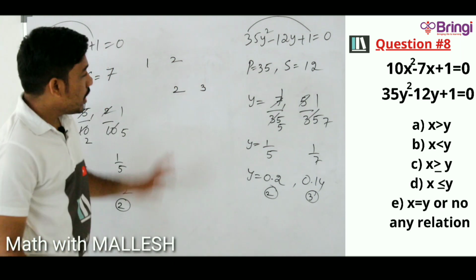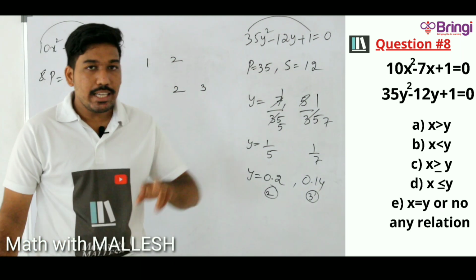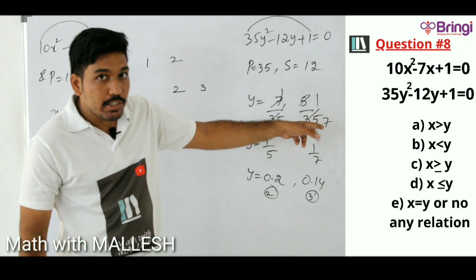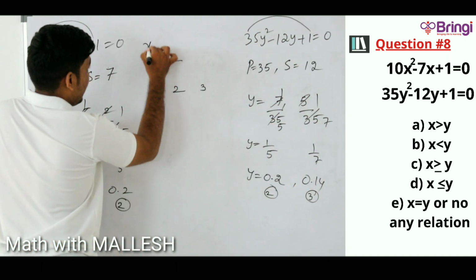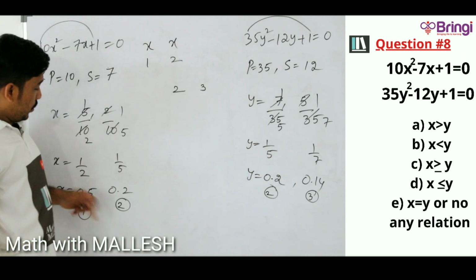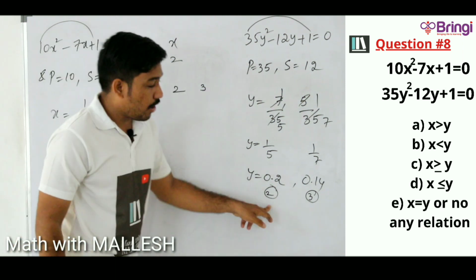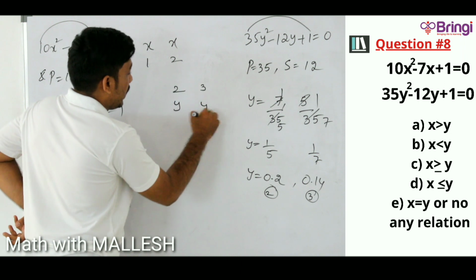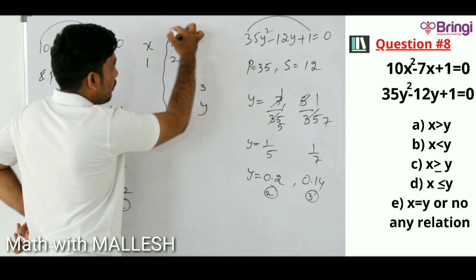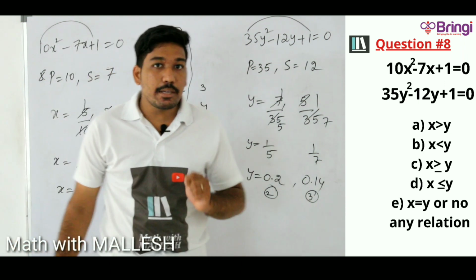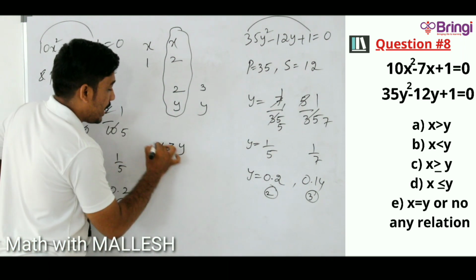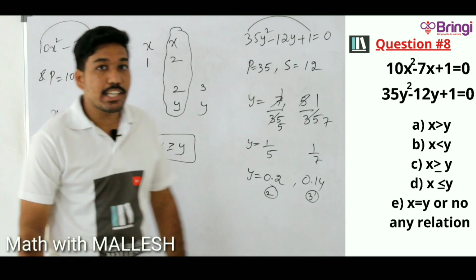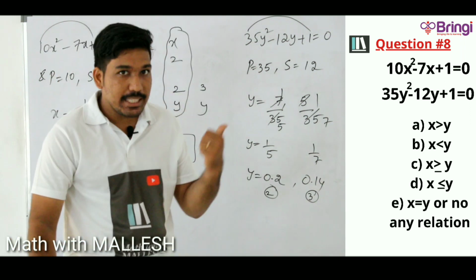These are the rankings. So we already discussed 1, 2, 2, 3: either x greater than or equal to y or x less than or equal to y. Here x occupied 1 and 2, and y occupied 2 and 3. If you observe, x and y are common in the second position and x occupied the first position. What is the answer? X greater than or equal to y, option 3.